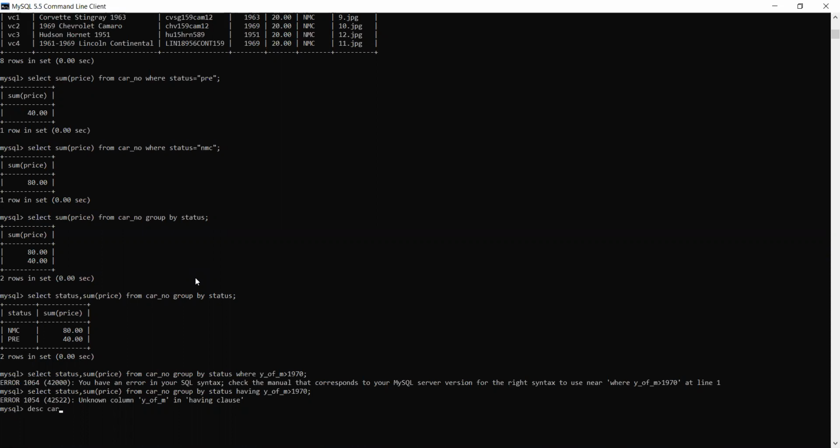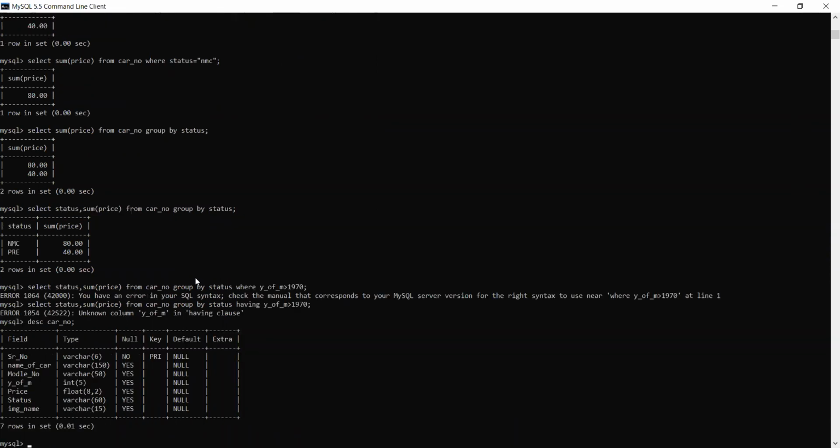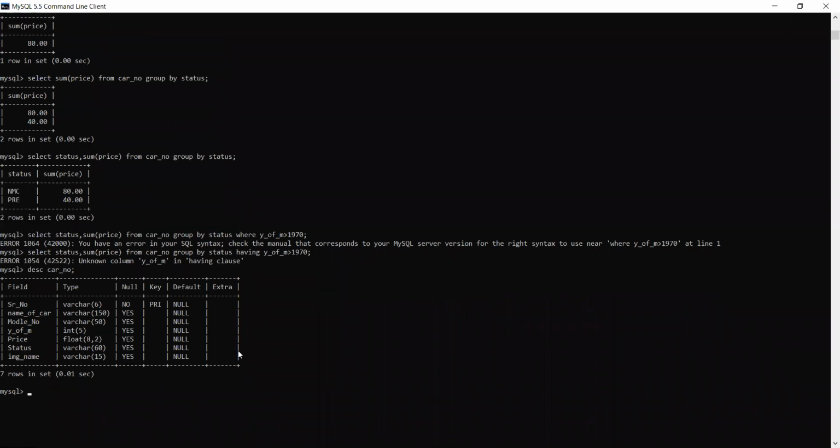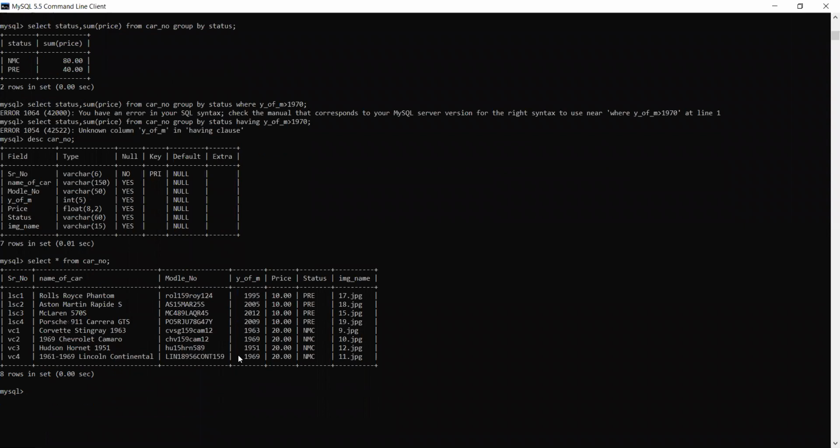Description of car number. It is integer 5. Just one more minute.